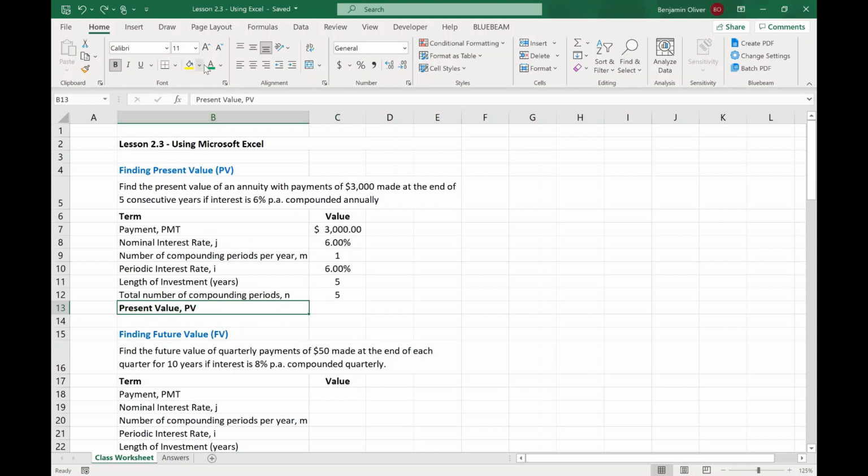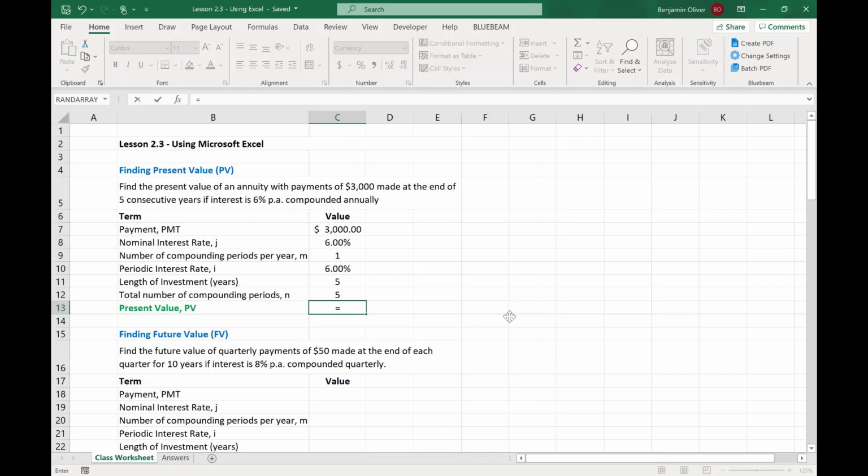Actually, I'll just do this one, and I'll show you why in a second. So now we're under our present value, and we need to use a formula. The formula for present value is pretty straightforward. It's equal PV. Just like the term here, you're going to see that a lot of the terms we use, like PMT and PV and FV for future value, are the same as the names of the formulas in Excel. So equals PV, you'll see it comes up here with PV right there,